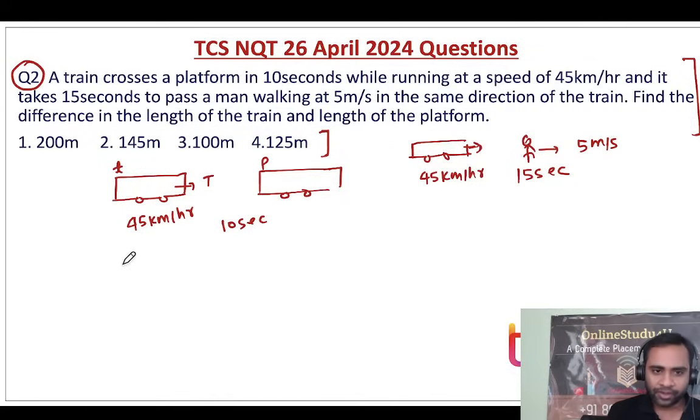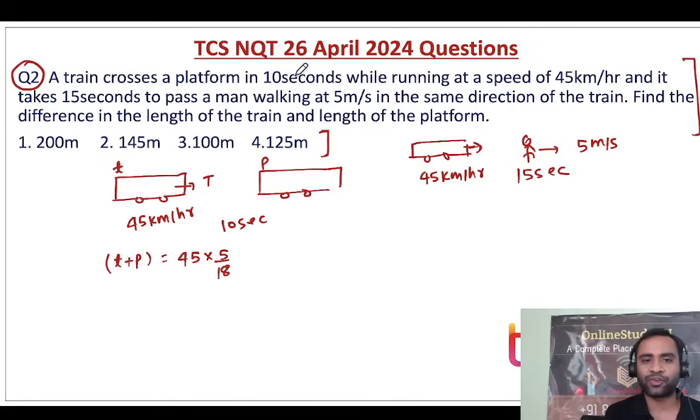Now, distance will be equal to speed into time. Speed is 45 kilometer per hour. We will convert it to meter per second. Converting the unit is very important because all of the data is in terms of meters and seconds, right? And time is 10 seconds. Clear?